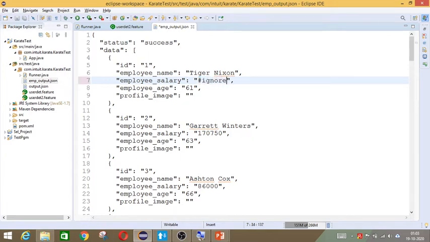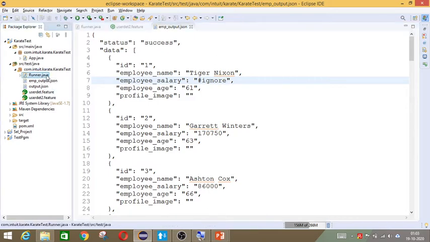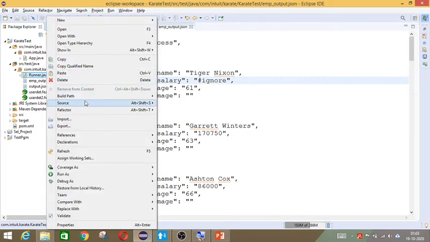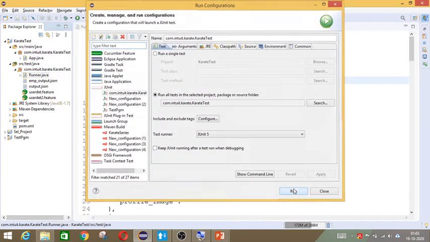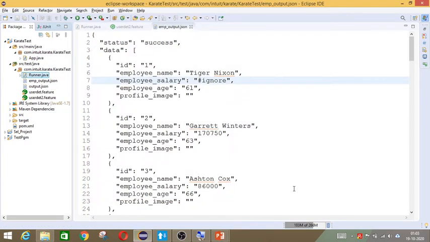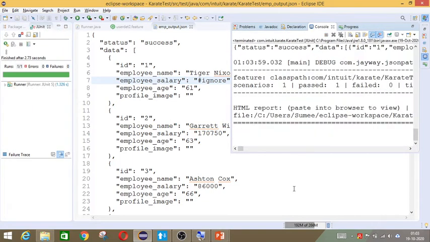This is a keyword to ignore a particular value. So we can give #ignore for it to ignore the value. Now again, when you run it, it will not matter whether the particular value is exactly coming as per the output. So it will ignore that particular field, and then it will execute it.